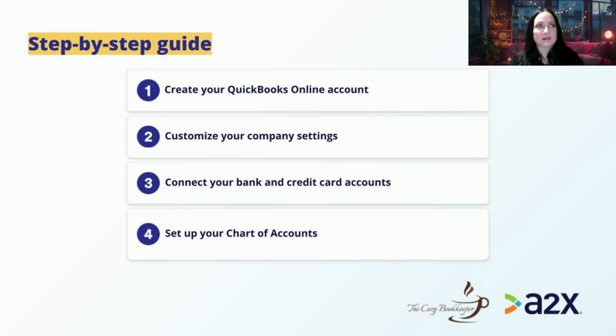With a single member LLC, you can get a business bank account right away, but I know you're not going to be able to get business credit cards right away. With the credit cards, it's a little more difficult. It is okay to have a personal credit card as long as you're using it exclusively for business. Something I always tell my clients, keep